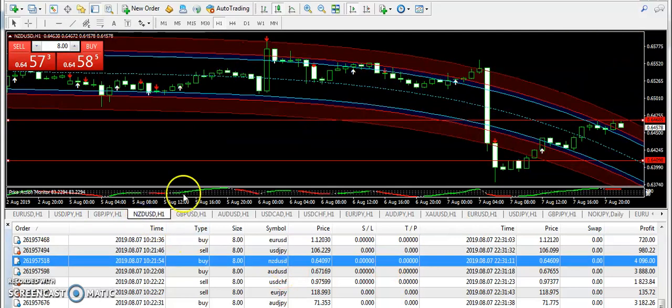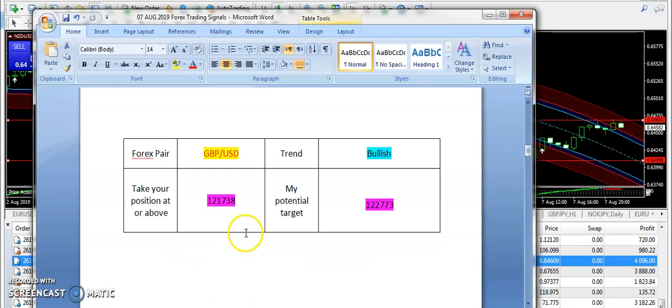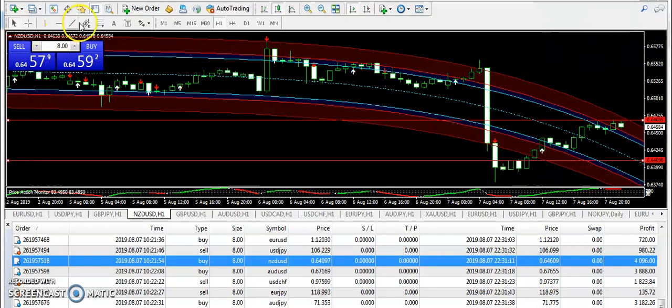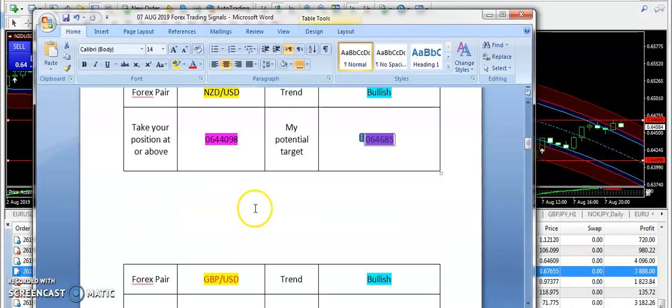Okay guys, yesterday we had a drop on NZDUSD, and today 200 forex clips had turned itself bullish on it. NZDUSD 0.64409 was the bullish entry, and 0.64685 was the target price. And guys, you can see today I was expecting the recovery, and the market has already made the recovery. NZDUSD has moved up and it has touched the target price. So congratulations to the traders who have taken the buy positions today on this pair.